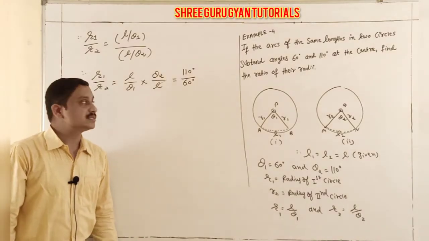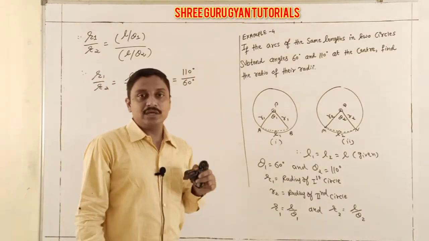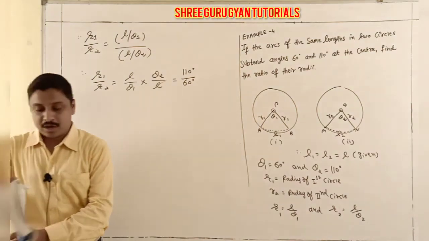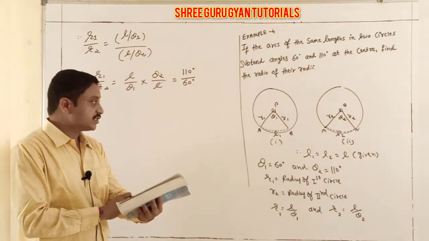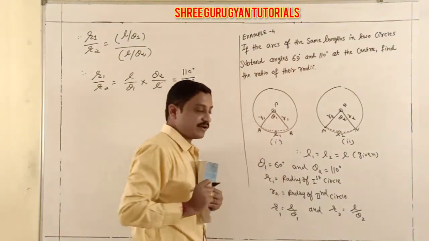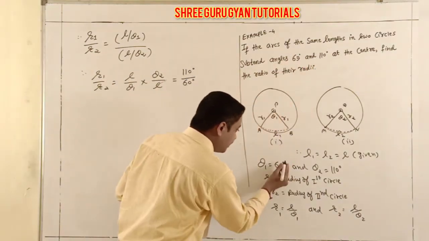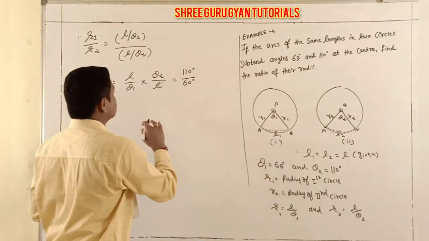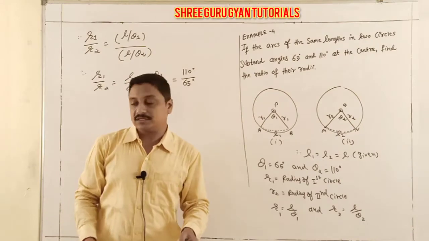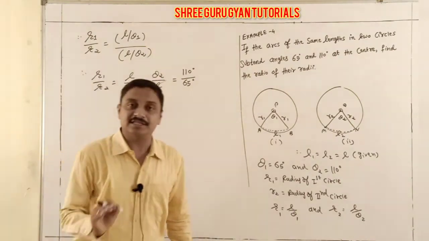Now students, these are cancellations too. I think there is a mistake in the question, right? It is not 60 degrees. By mistake I have unfortunately written 60; 65 degrees is correct, students. Sorry. Here 65 degrees, and here I make the correction, 65 degrees. My mistake here, students, is that it is not 60, it is 65.